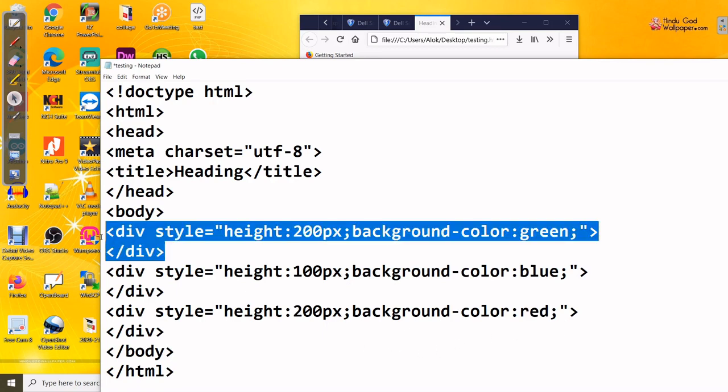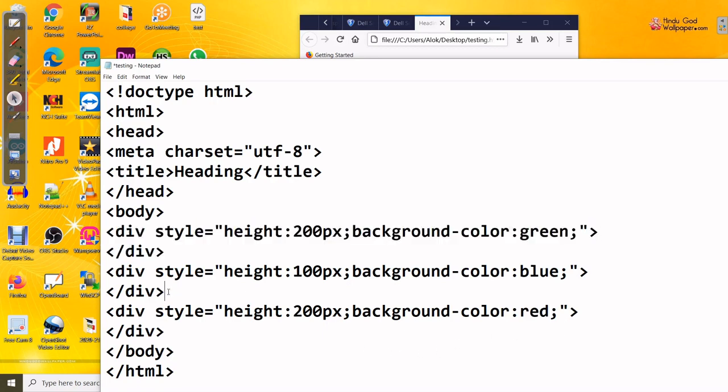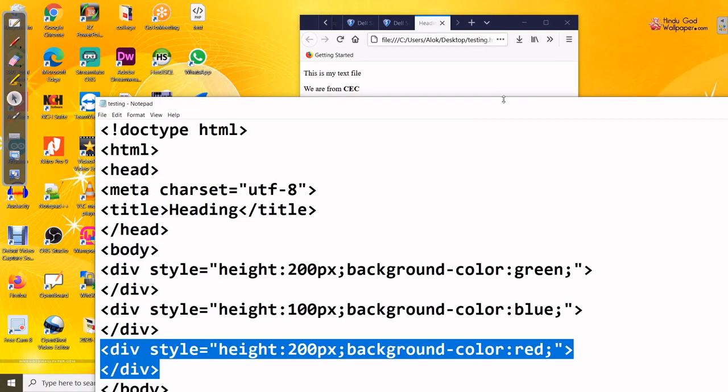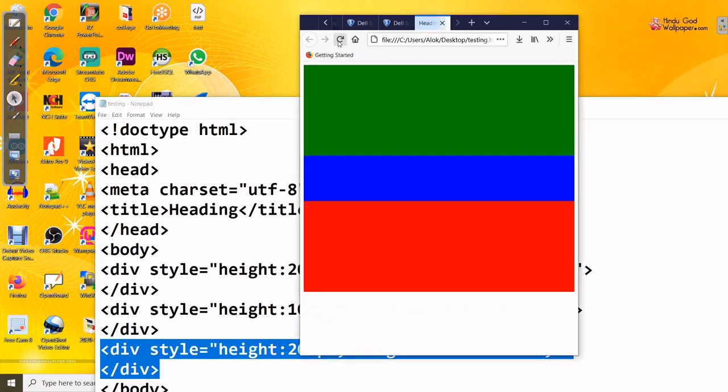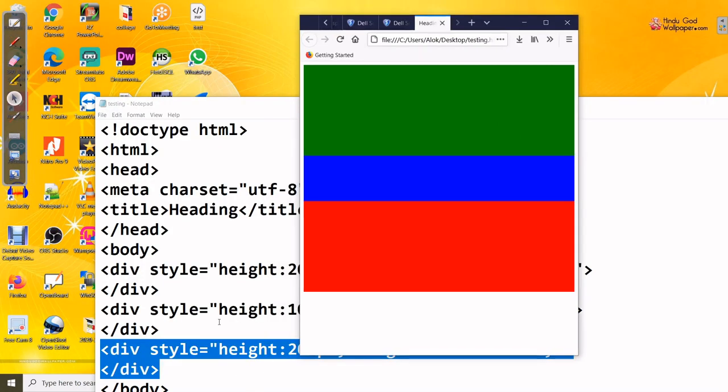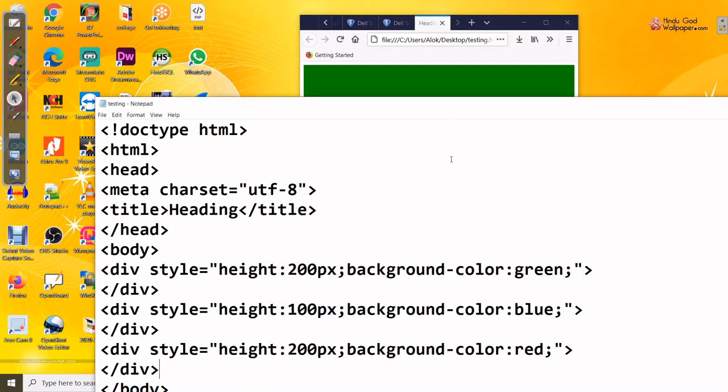So up to this part, we opened and closed one division, and after that we started one more division, right? You can close these and see what is happening here. The other thing is the same HTML code, and see. So 200 first is green, 100 is another green, you can maximize this window. You see 200 first green, and another 100 is the blue one, and again the 200 for the red is the last division, right? So in this division, whatever you want to write, you can write.